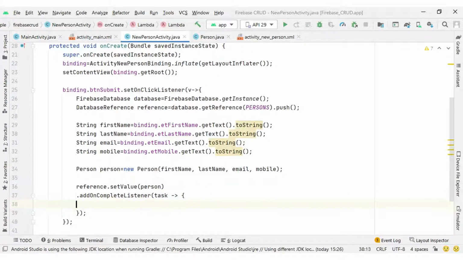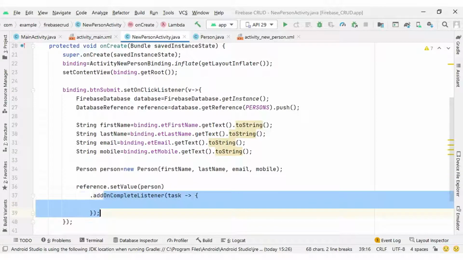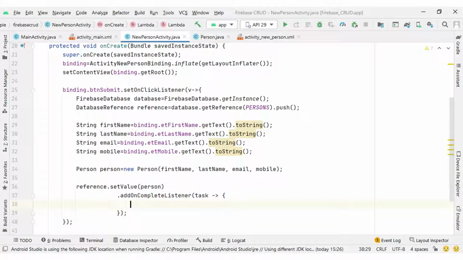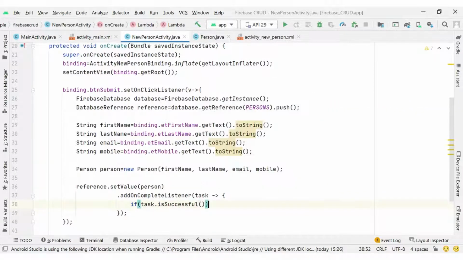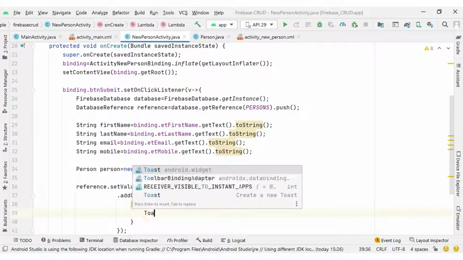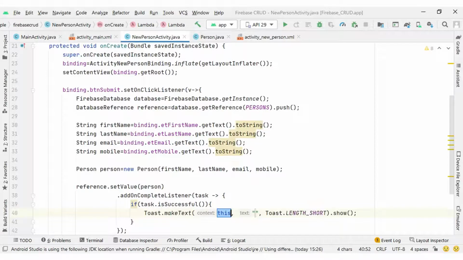With this we will get the task parameter here, and this task will help you confirm whether your operation is successful or fails. So task dot is successful method we will get, and if it is successful you can have the toast, right? And it will confirm data saved successfully.